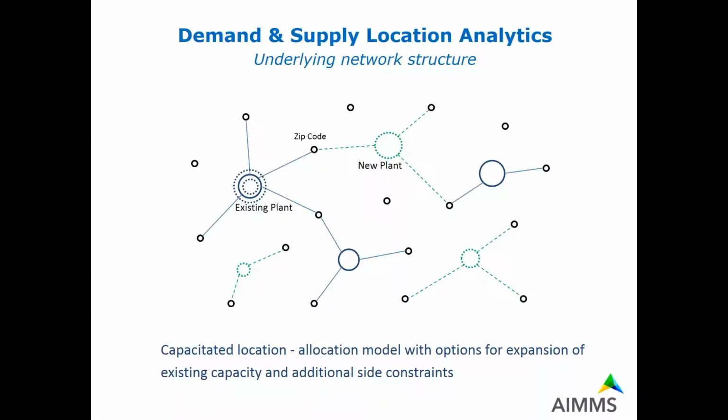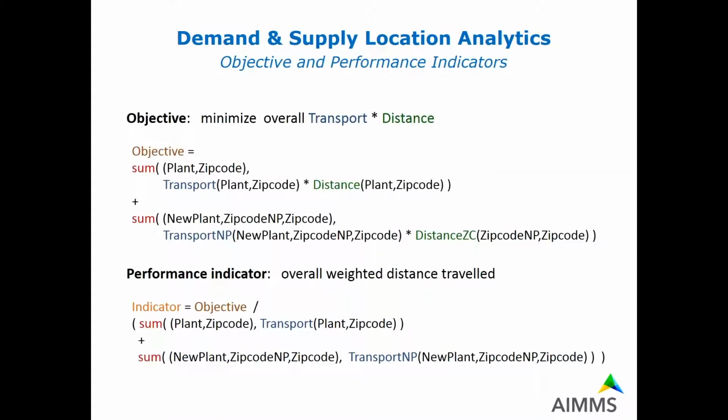So this is a capacitated location allocation model, but there are various options for expansion of existing capacity and additional site constraints. What is different in this case from the previous examples that I presented is that the objective is to minimize the total traveled distance. So that means in general transport times distance, but more formally, we have in the objective